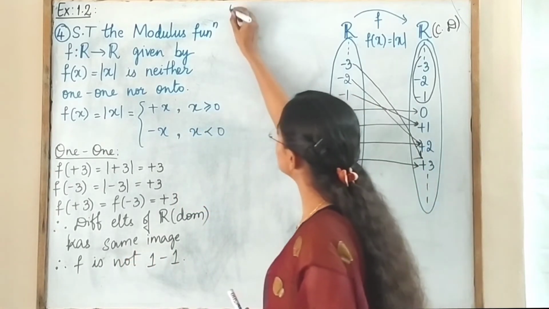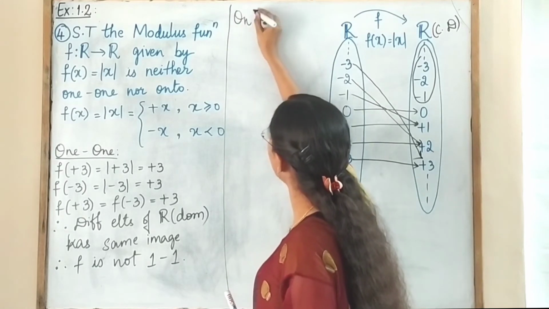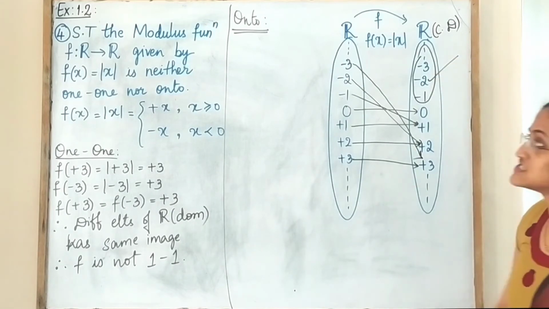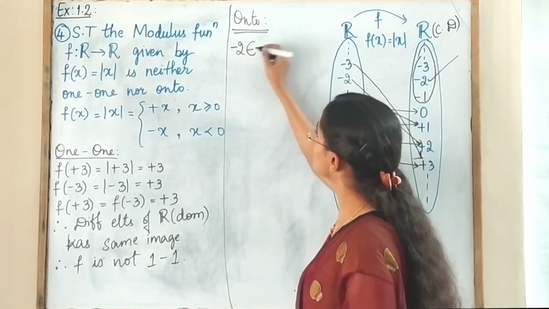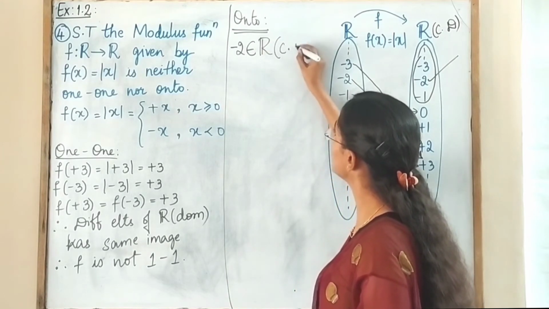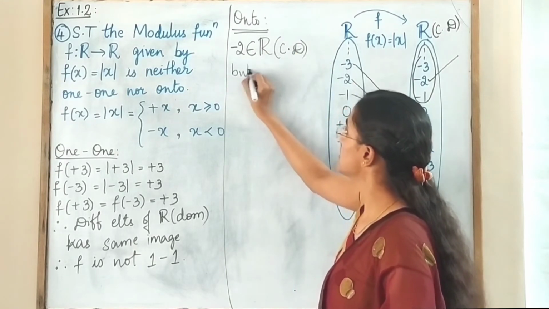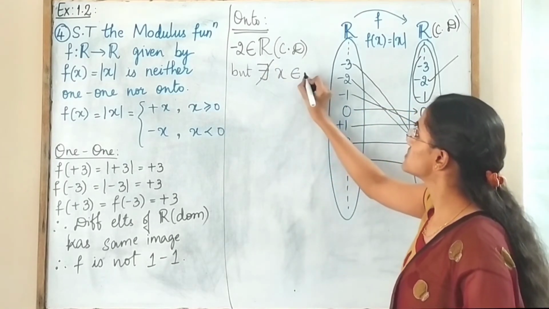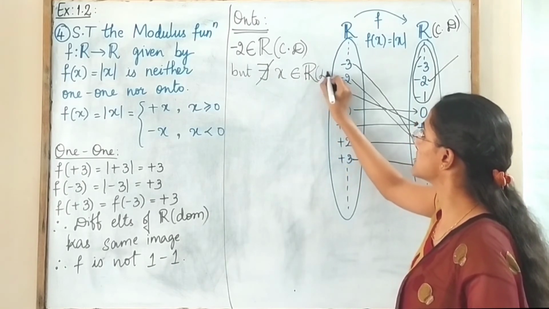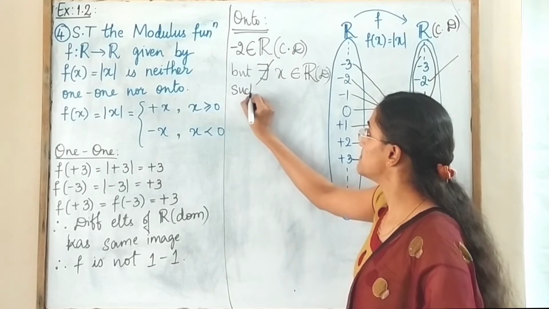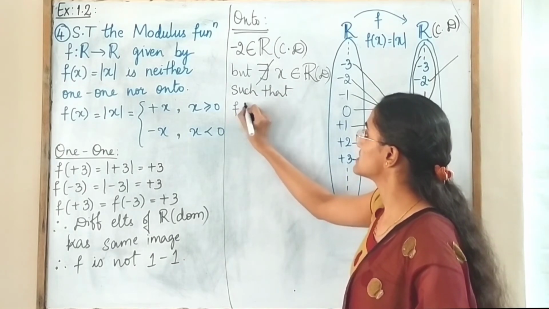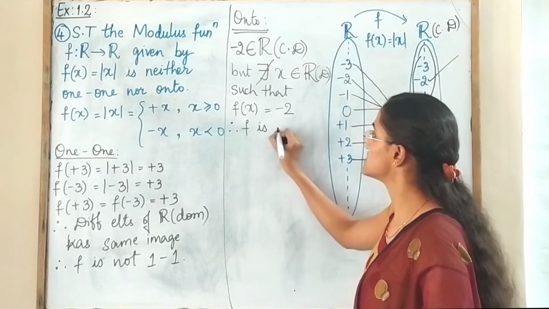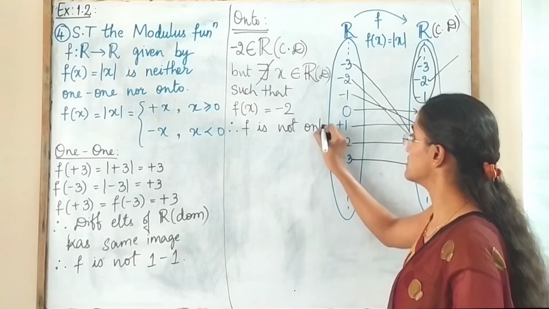Right? Now we shall solve for the second one, that is for the onto function. Again you can take any number which is not being mapped. Okay, if I'm taking minus 2, minus 2 belongs to the real number set, that is the codomain, but there does not exist any element x which belongs to the set of real numbers, that is the domain, such that f of x is equal to minus 2, and hence you can conclude that f is not an onto function, and